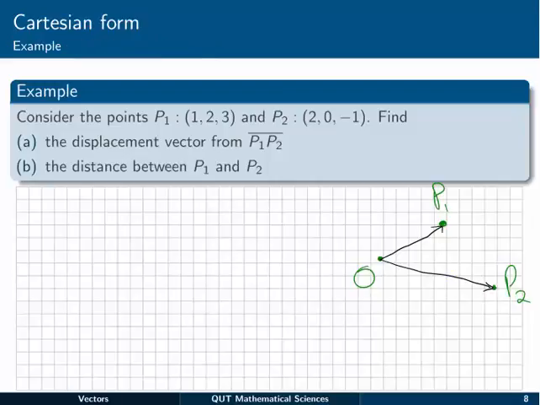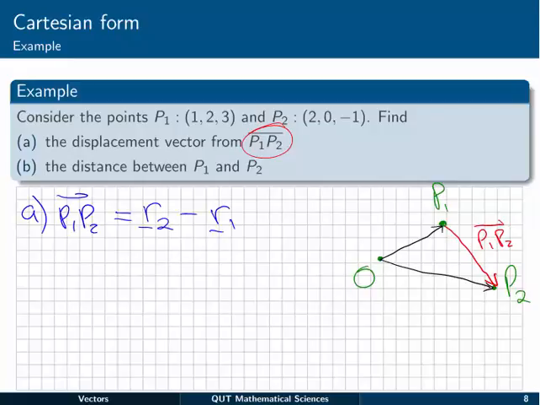Let's see this in an example. Say we know 2 points, P1 and P2, and their coordinates, and we want to find the displacement between them, the P1 to P2 vector, which looks something like this. We can calculate that displacement vector by subtracting the position vectors to P1 and P2. Using the rule from the previous page, the vector from P1 to P2 will be the r2 vector minus r1 vector, or in other words, the vector from O, the origin, to P2, take away the vector from the origin